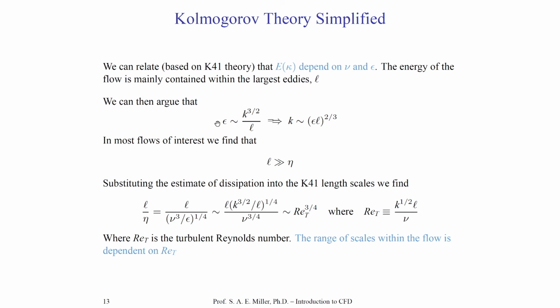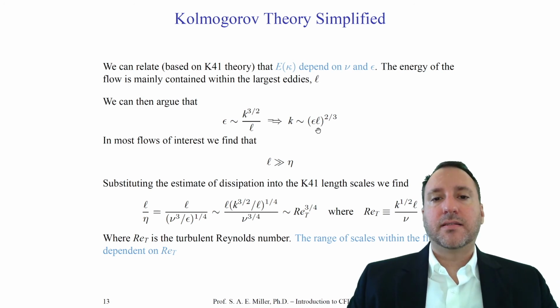Kolmogorov's theory can be used to argue that the dissipation of the turbulent flow will go as the turbulent kinetic energy to the 3/2 power over L. You can fill in your particular dimensions to see that you do have a dissipation rate, which of course would be something like meters squared per second cubed. Using this argument, where L is the length scale of the largest scales and k is the total turbulent kinetic energy in the flow, this is just a dimensional argument. You can solve for k, and you'll see that the turbulent kinetic energy in the flow will go as the dissipation rate times the largest length scale, L,